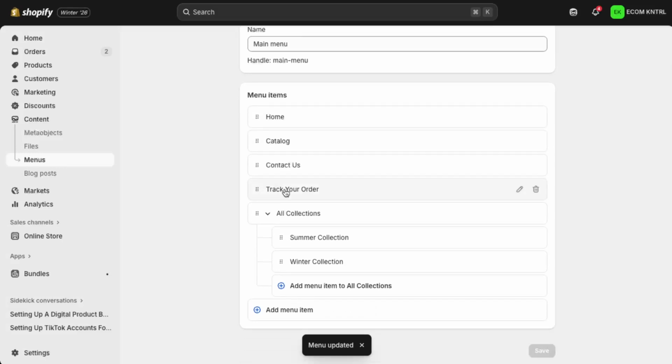Finally, go to your online store and refresh the page. You should now see your new main menu item with a drop-down showing your